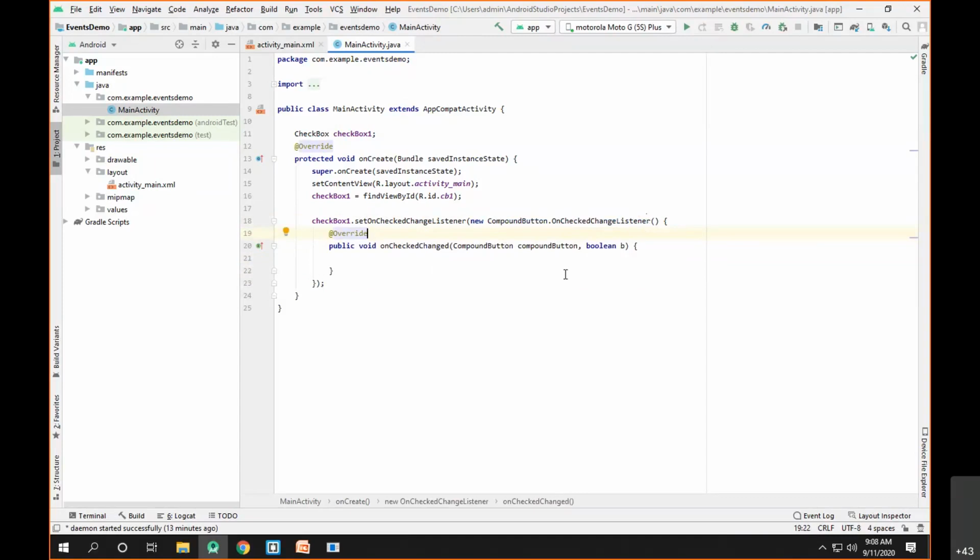Now we have to override the abstract method present in it. The abstract method present in it is the onCheckedChanged method. As you can see, the onCheckedChanged is automatically given by